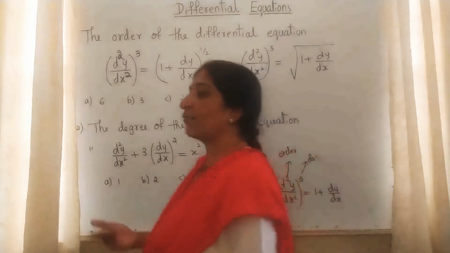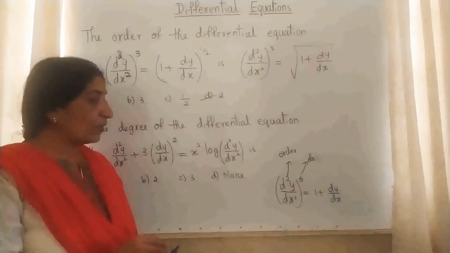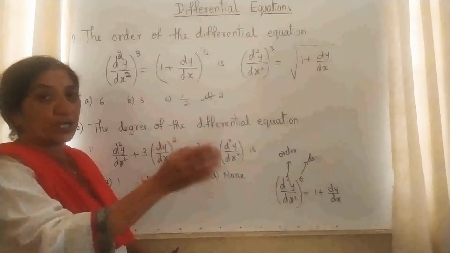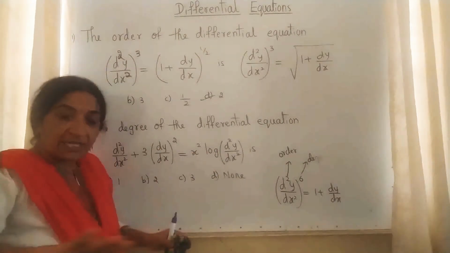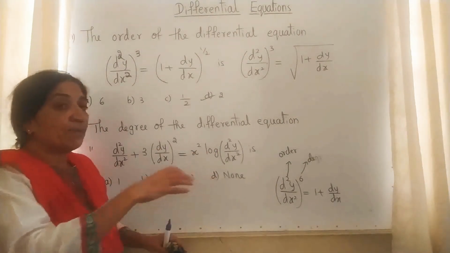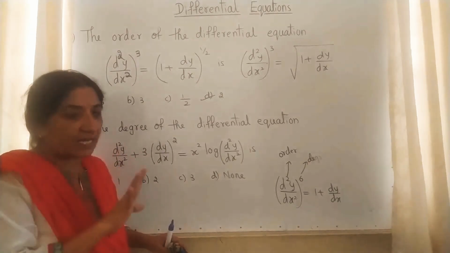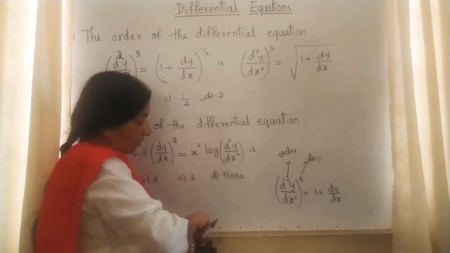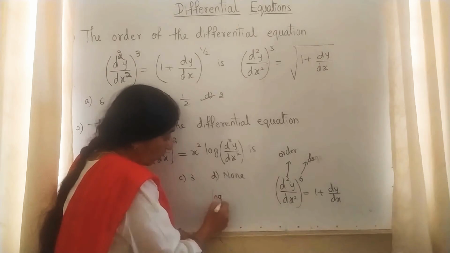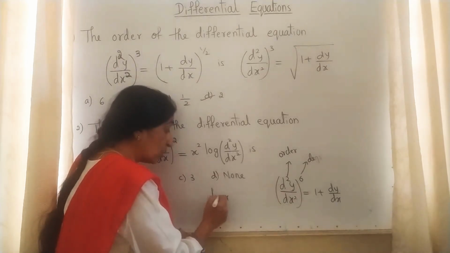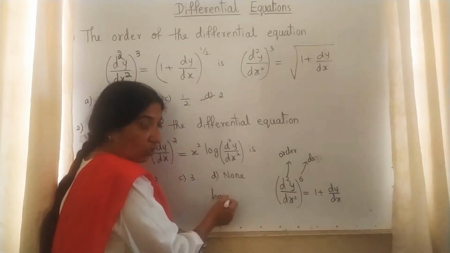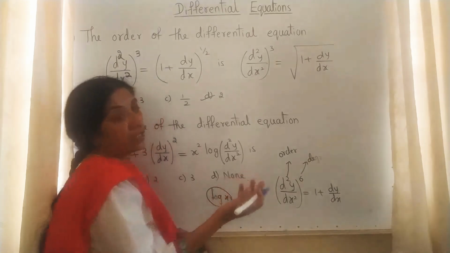Many students are weak in basics. They will not understand what I told about polynomial. Leave that and keep it aside. For CET purpose, I will explain one simple trick. Here log x, if it is log x, what are you telling? Log x, the log value is x. Without x, log has no meaning.